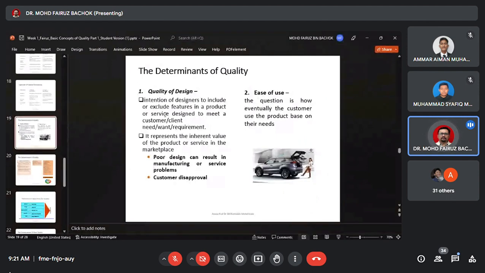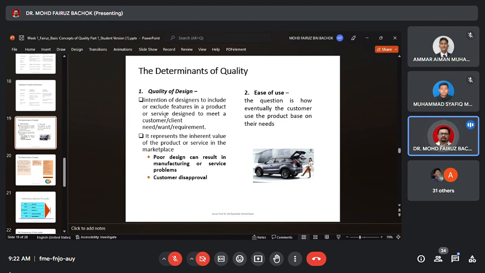Like the quality of the design, you can look at the design and their features. Based on the customer feedback, you can include or exclude the existing features. Maybe the first time you develop a product you put in many features, but maybe your customers don't like that sound, it's quite annoying. After you get the feedback, you take out some features and add new features based on the customer feedback.